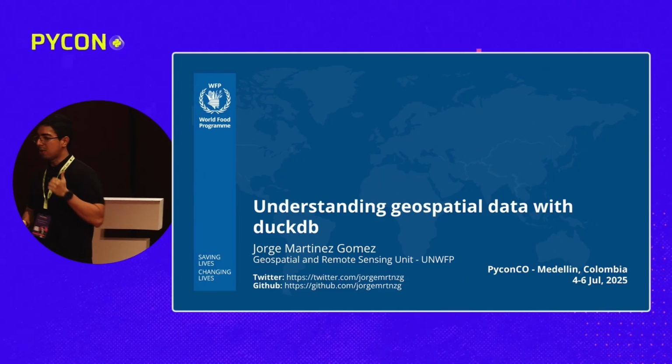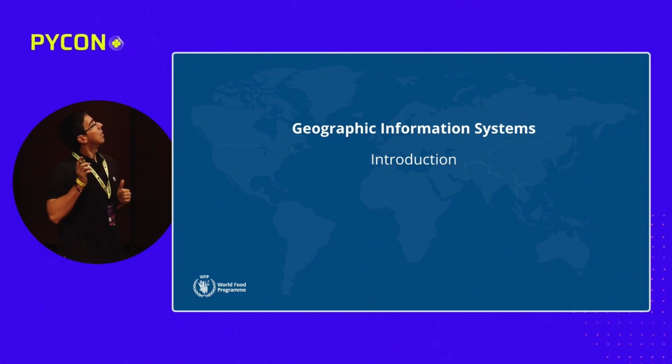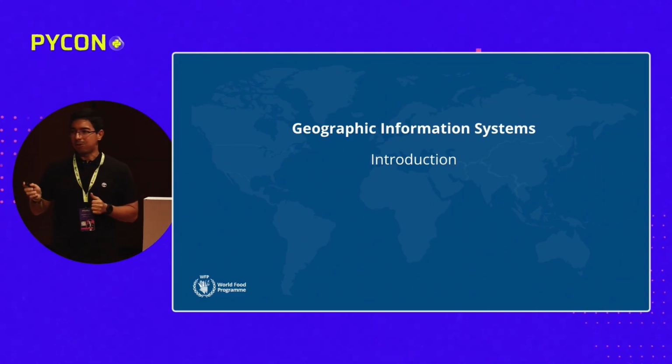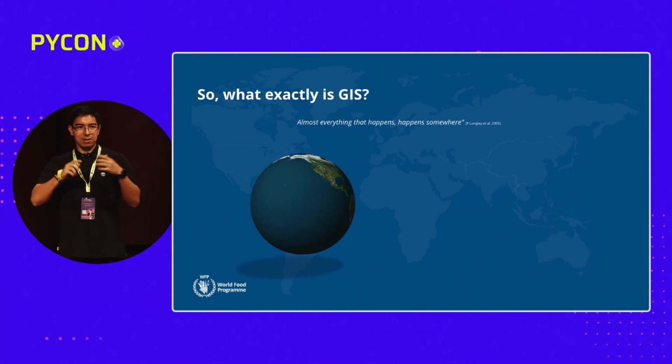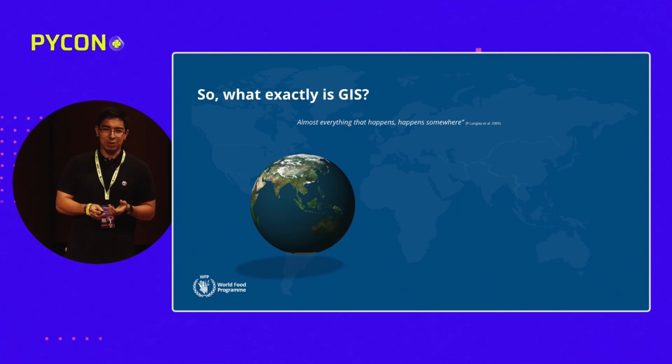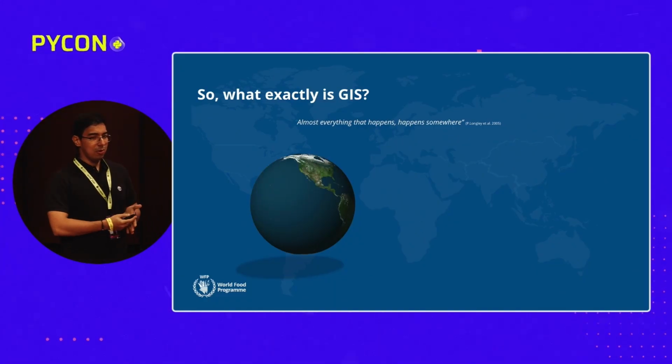So let's start first with the introduction. Geographic information system introduction. And what is exactly GIS? So we have a globe, we have the planet, and usually we have information inside that could be useful for us. So you can have